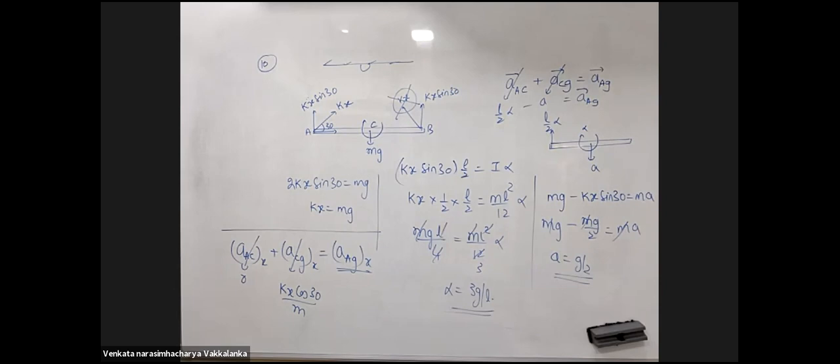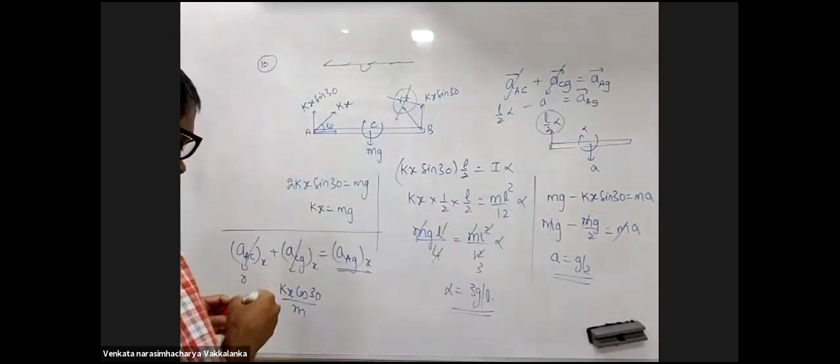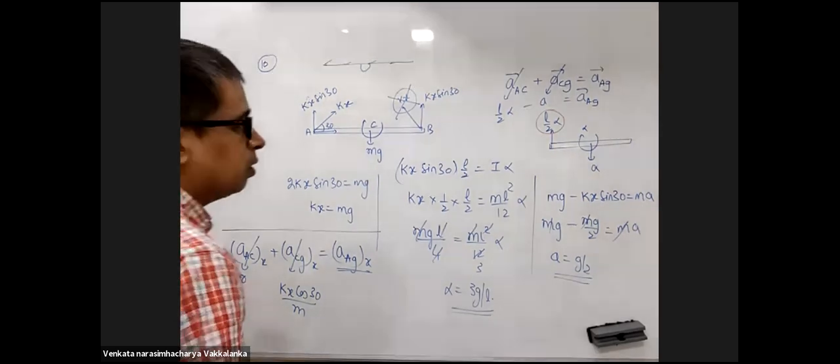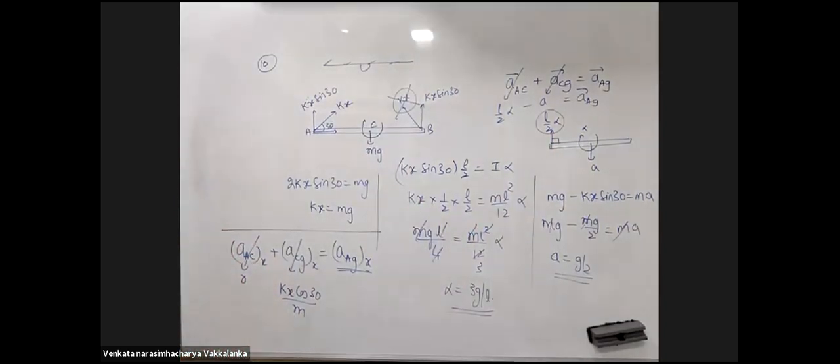So can you explain why acceleration of A with respect to C in x direction is 0? Acceleration of A with respect to C. Alpha is in which direction? Alpha is clockwise. So R alpha is in a direction, and what will be its horizontal component? What is the horizontal component of R alpha? So L by 2 alpha into cos of 30. Why do we take this angle as 30 degrees? Okay, sir, got it.